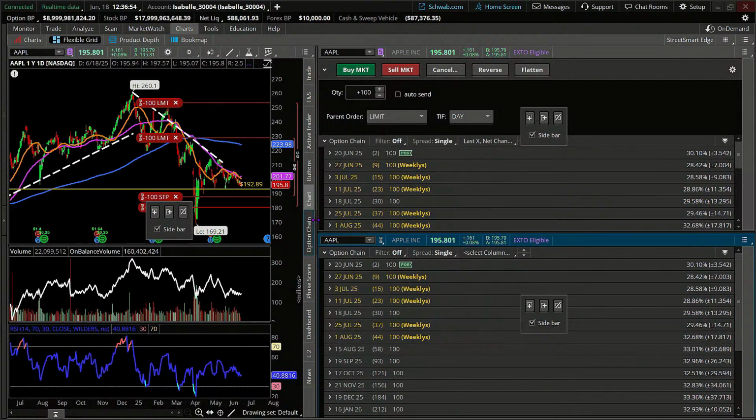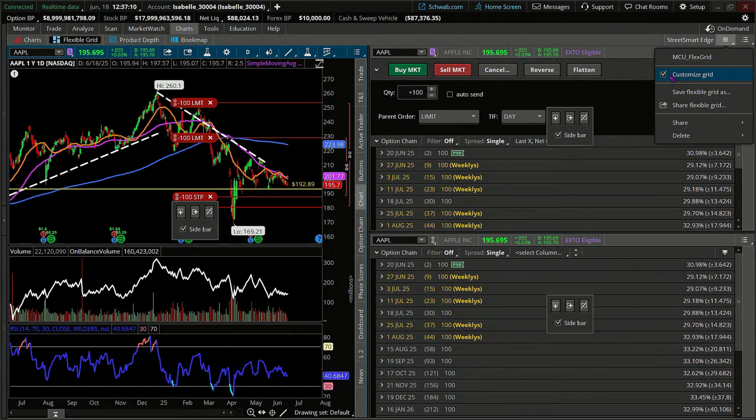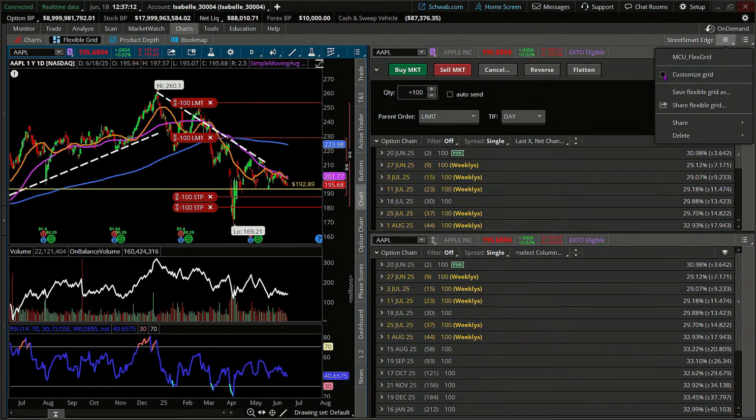And by the way, once you are set up with your preferred layout, the way you want to see it, this is when you just go about unchecking your sidebar, which will eliminate your opportunity to accidentally hit a button. But also come back up to your grid and uncheck customized grid, and then the boxes go away, and now you can't replace something accidentally.